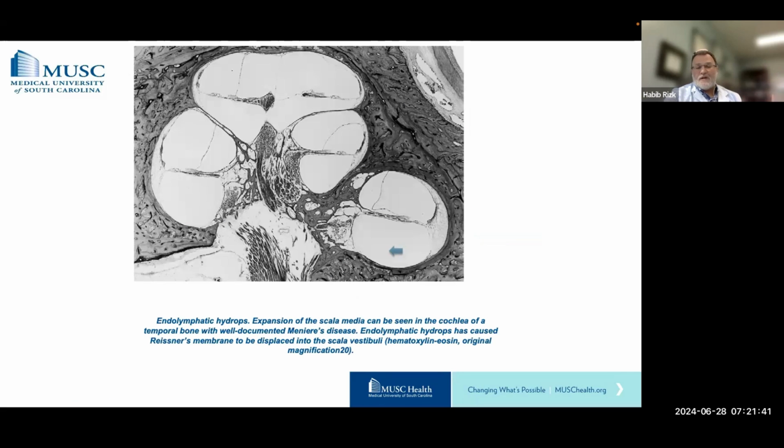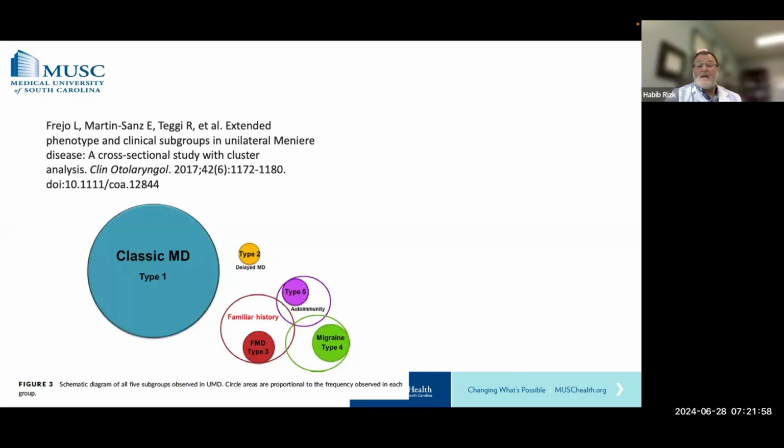We've shifted our thinking about Meniere's disease over the past few decades, from hydrops being the main cause to hydrops being an end product of upstream mechanisms that would lead to a hydrops developing. This group from Europe has done a great job describing clusters of phenotypes of Meniere's disease. The classic phenotype 1, which is the idiopathic one we usually encounter, is the most frequent one and is believed to be related to a dysfunction or deregulation of sodium metabolism within the ear.